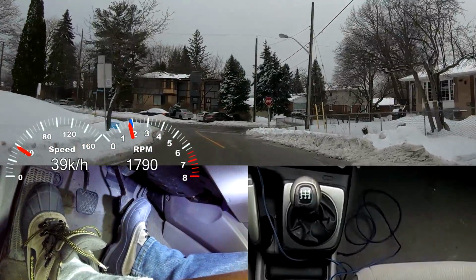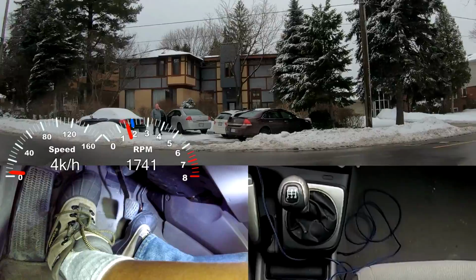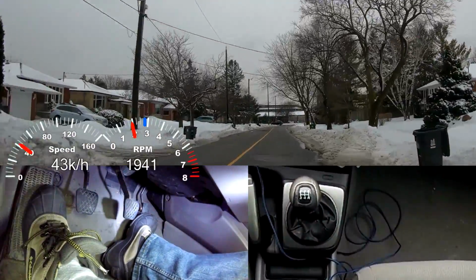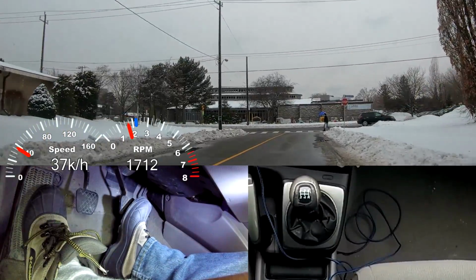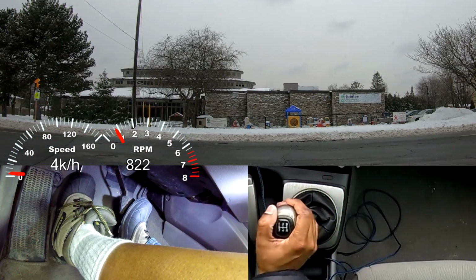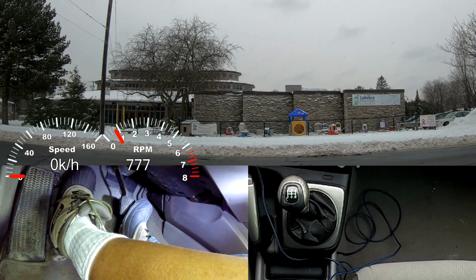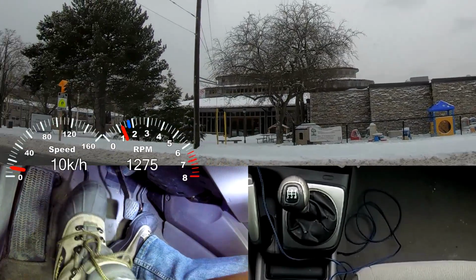Gonna brake up until the stop sign. Gonna make a right. There's another stop sign. Gonna brake. Right here, clutch in. Put to first gear. Clutch up. Gonna creep up so I can look left and right and left. And I'm gonna hold my clutch down because I'm ready to go. So